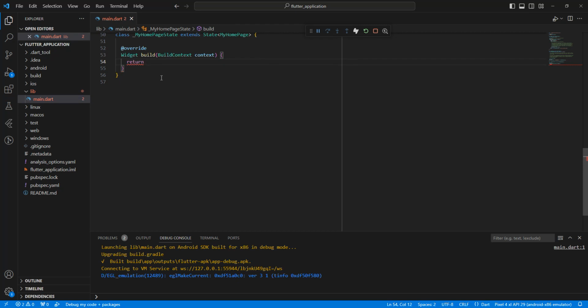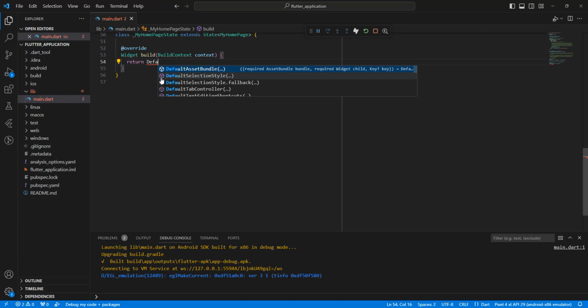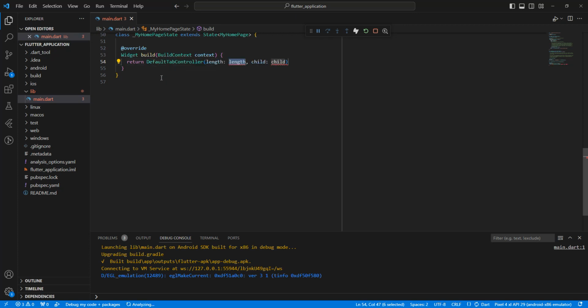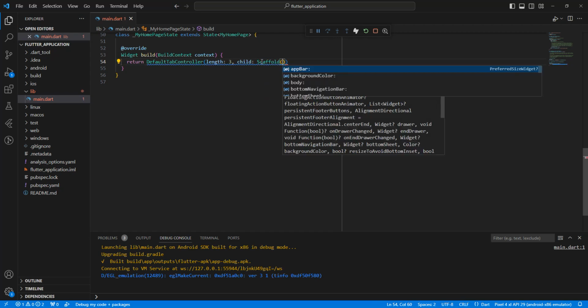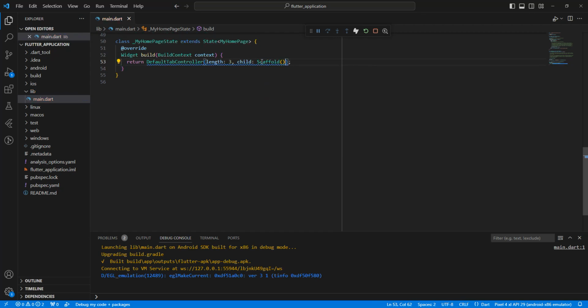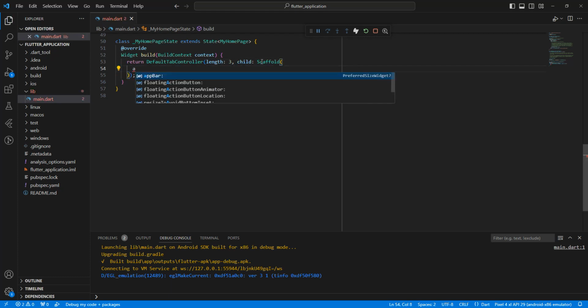write default tab controller, length three, child, we write scaffold, then we write app bar,